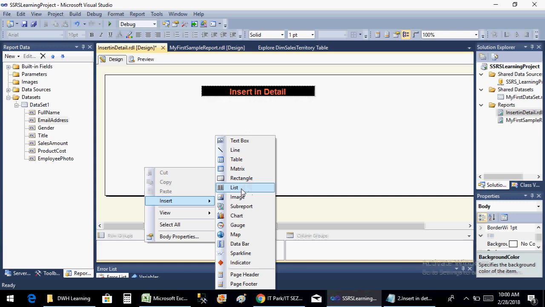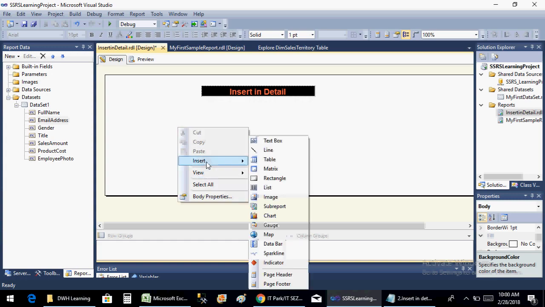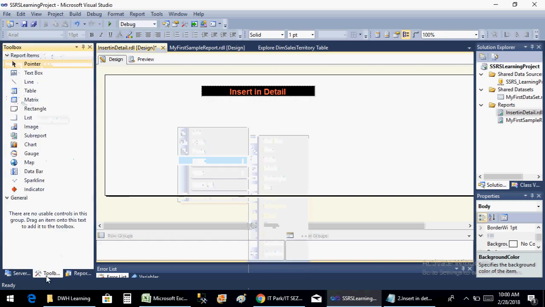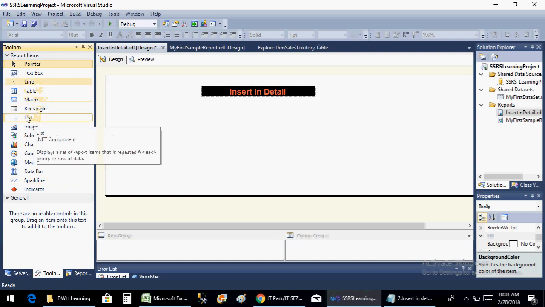By clicking here you can get the list. Since my whole idea is to understand this insert in detail, otherwise you can also get this insert tab in your toolbox. So here you can see your toolbox. So a list,